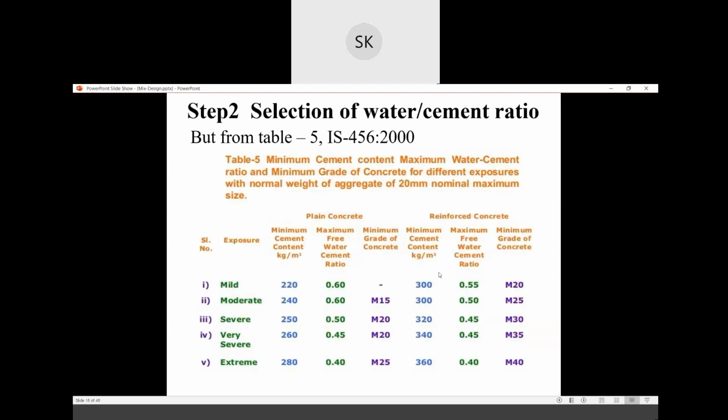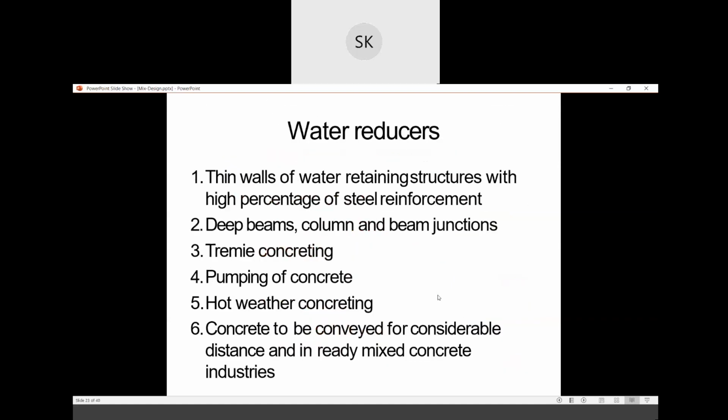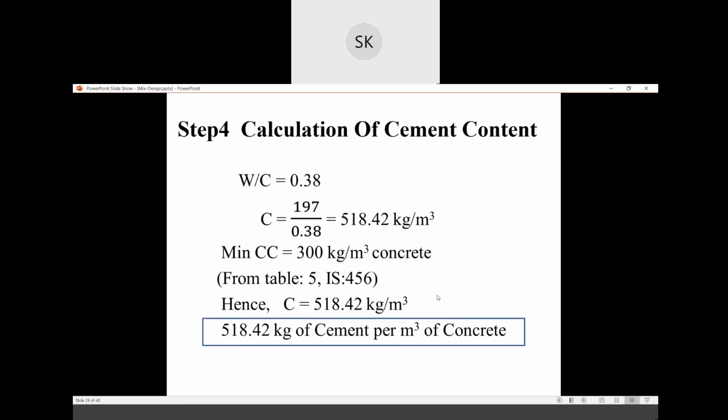I have selected the maximum free water cement ratio of 0.50, and for that the minimum cement content was 300, right? So this was the minimum cement content. I have to select the maximum value, so I'll select the cement value of 518.42 kg per meter cube. And this is the value of cement per meter cube of concrete.